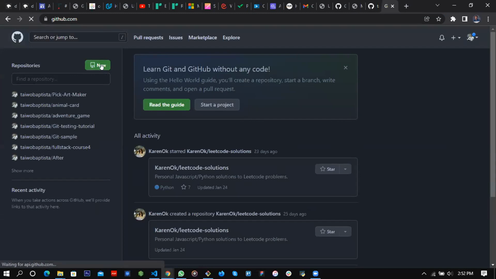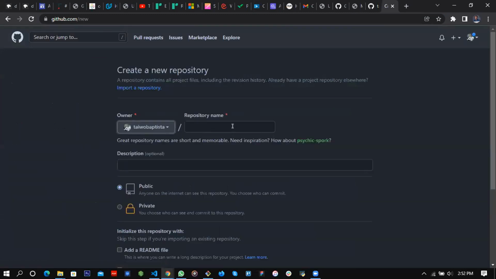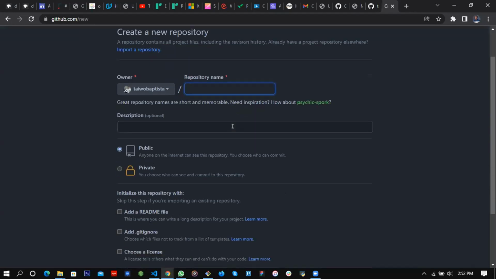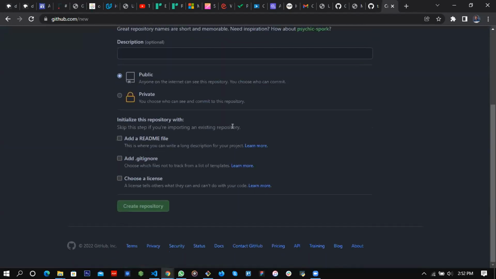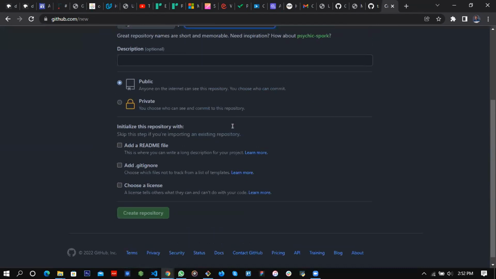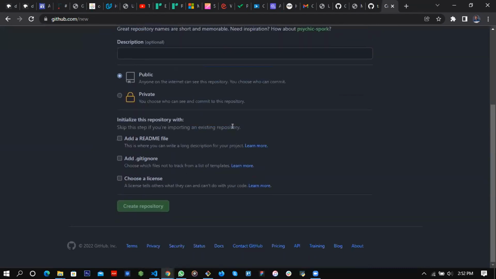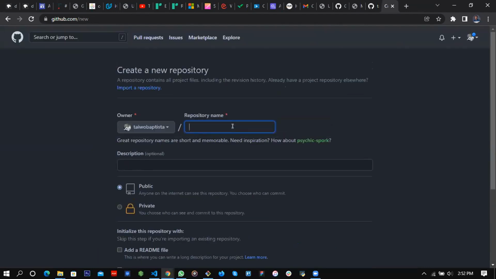So you go to new. Once you get to new, give it a name. Once you give it a name, you can add a README. You can add anything you want. But most times, I don't add a README file if I'm just doing writing. But if it entails different people, you can add a README file. If you think applying the README file will confuse the person, you can leave it. You can always add it later. It's not a must to add it from the onset. If you want to make it extremely simple,